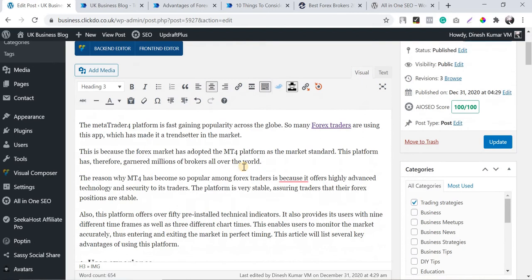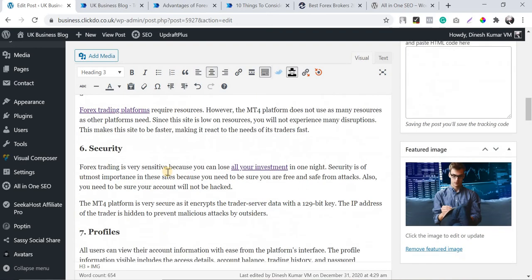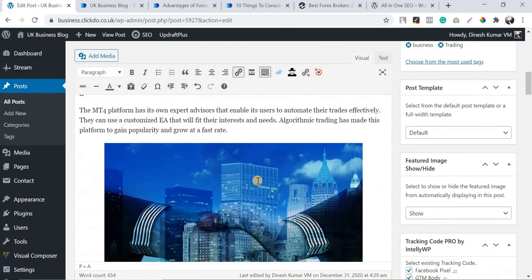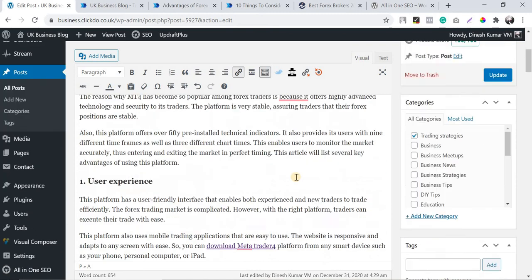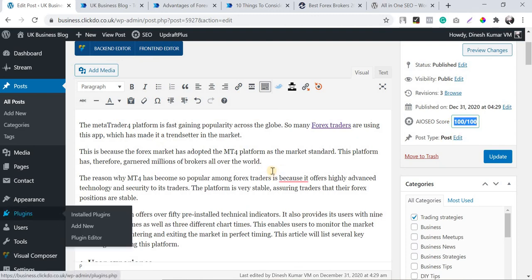When it comes to deep on-page SEO, internal links, external links, heading optimization, image optimization, and these things should be considered thoroughly. And even if you take more time finding proper relevant internal links, it's worth it. It will benefit both your website readers and also Google search engine crawlers. If they are crawling this page, obviously they will visit all the linked pages and also crawl the content in those pages. So this is how you should make the content more relevant and keep it best for the readers and also for Google. Okay, so I felt you should have learned some on-page SEO in this video, and just try these smart, simple things, and make your on-page 100 out of 100 using the All in One SEO plugin.